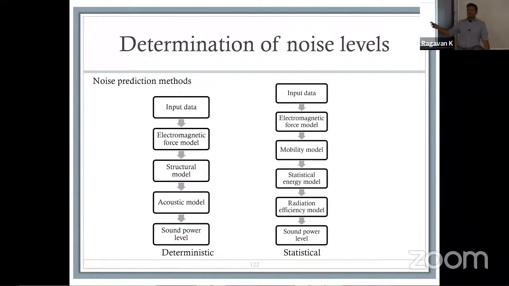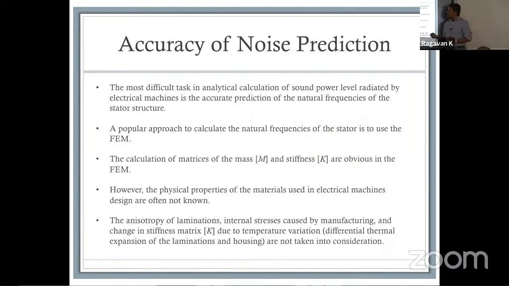We're not going to go into much detail because our idea here is not to go super deep into NVH as a science. We are trying to look at NVH as it applies to electric motors. In terms of accuracy, the biggest challenge oftentimes for NVH calculation really tends to be the calibration of noise, because you are determining your natural frequencies based on the motor that you have designed.